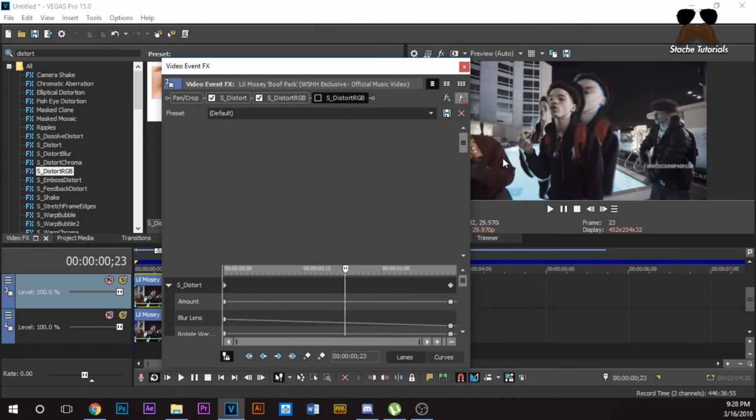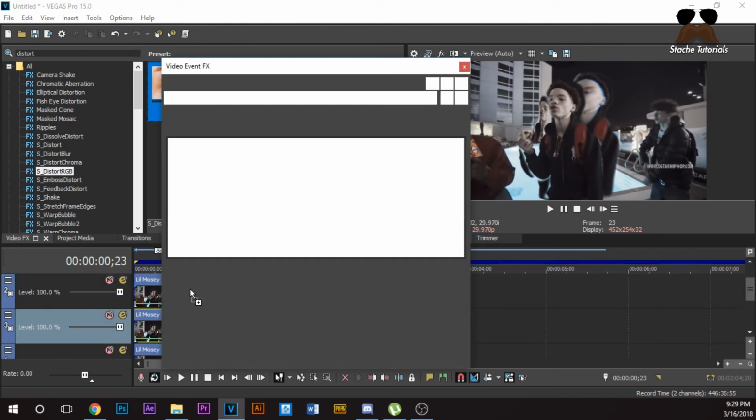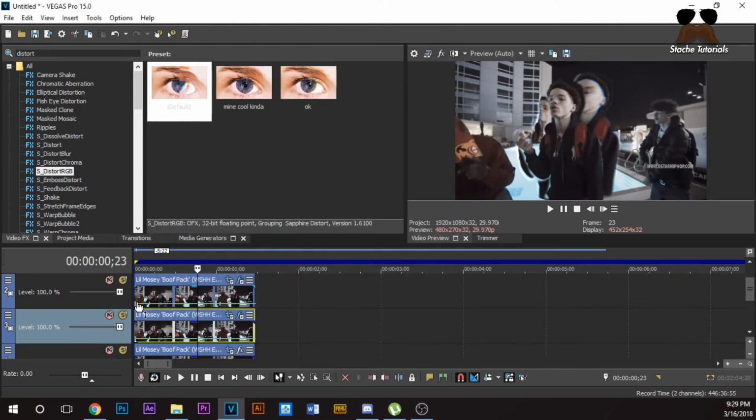You kind of get confused. Second one, make it about 0.40. Oh, wait, it would be 0.040, right? 0.04. Okay, and then you have this little RGB effect